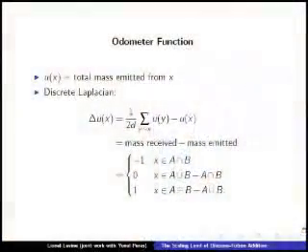So u of y over 2d is exactly the total amount of mass that y sends to x. So when we sum over the neighbors, we get the total amount of mass that x receives. And u of x, by definition, is the total amount that it emits. And so this